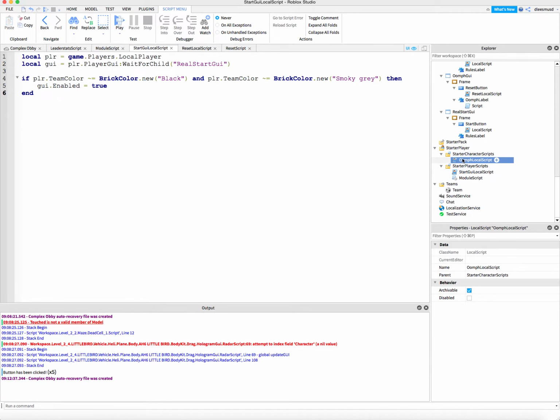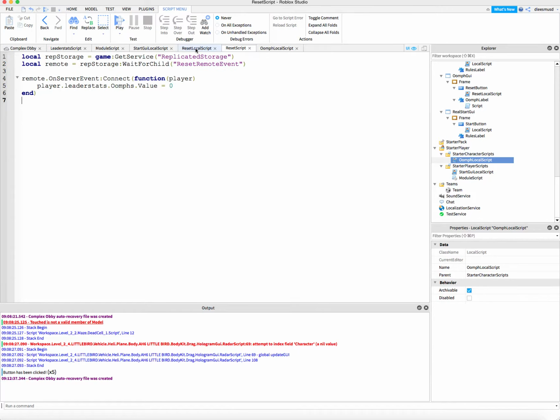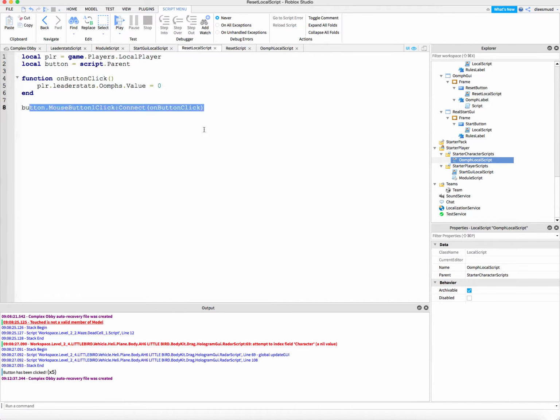Nope, that's not one. Yes, here's one. Okay, so it's remote fire server. So let's come back over to our reset local script. On the mouse button click, it's going to fire the remote event, but we don't have the remote event, so